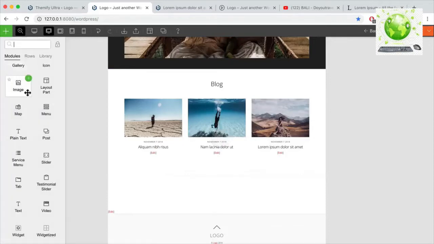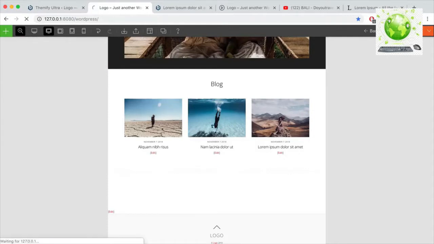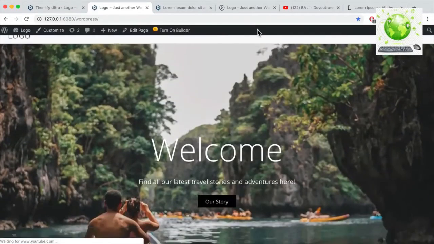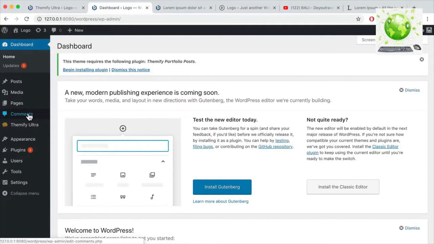Here you're going to notice that there is no contact module. So to add a contact form, we're going to have to close the builder first, and we'll have to go back to our dashboard, and we need to actually add in some plugins. So here, if we click on the plugins,